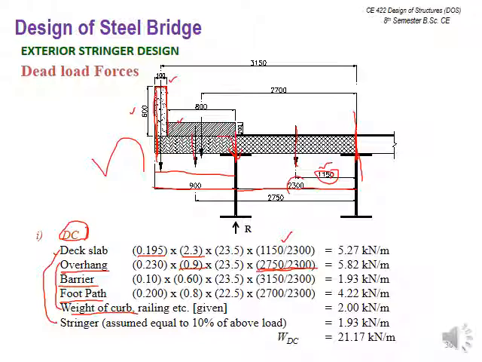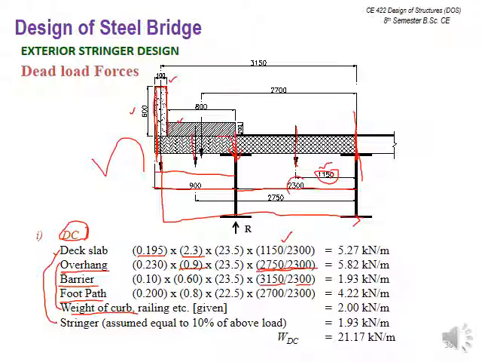So with this particular way, the effective load of this barrier that needs to be considered for the exterior stringer will be 31,500 in this particular direction. So 31,500 will be the center of the barrier till the first interior stringer, divided by 2300, that will remain the same, that is the spacing.